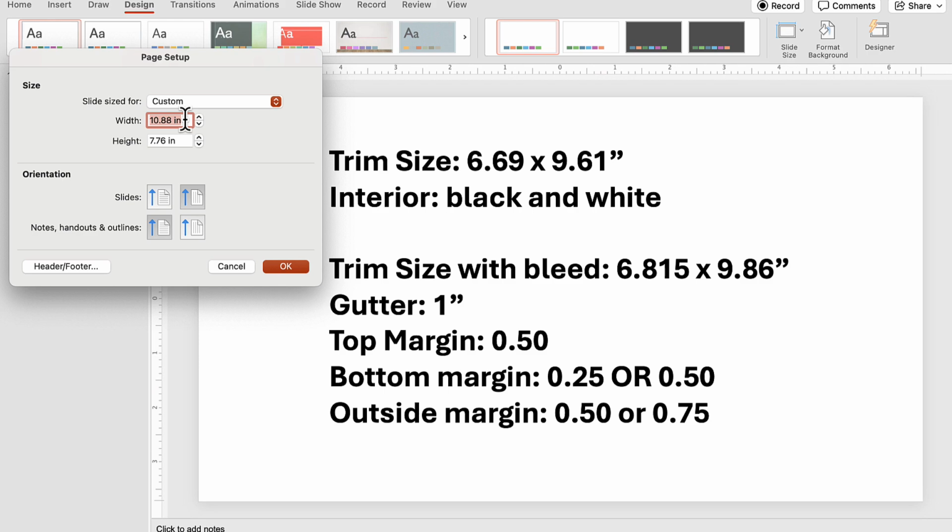So originally the trim size is going to be 6.69 by 9.61 inches. This is what I've personally chosen to create my meal planner with. You can go a little lower. I do believe standard size for meal planners might be around 6 by 9 inches, but I've decided to make mine just a tinge bigger. So my original trim size is